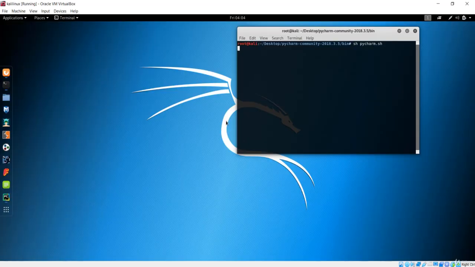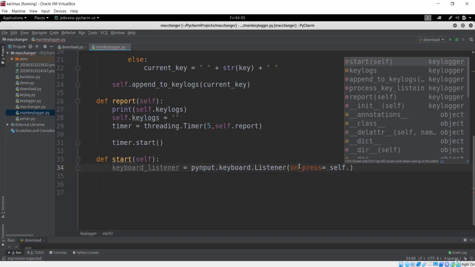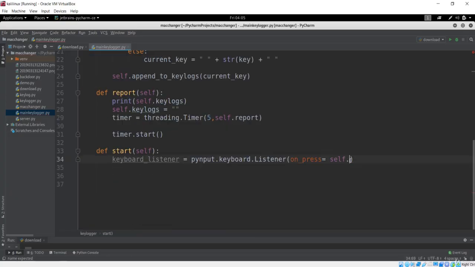So let's go back to our PyCharm, and in this listener we now have on press, and on this on press I want to process that key press. So if any key is pressed on the keyboard, we want to call this process key listen method. Let's call that method on every key pressed on the keyboard.